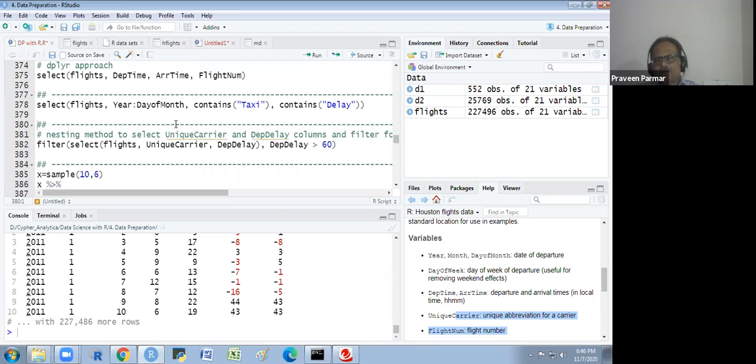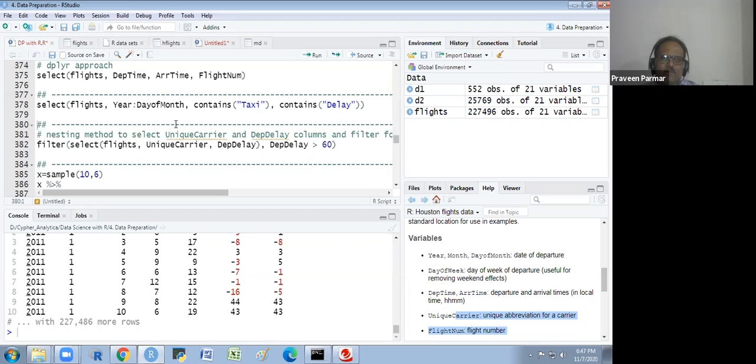Now the nesting method. Nesting means we are using one function, then inside that we are using another function in this way. So I want to select first, then filter. That is the process. Or first I filter and then I select the column. What would be the process?